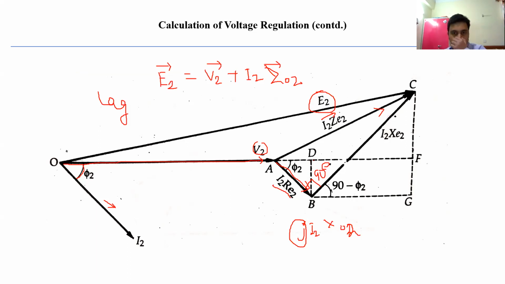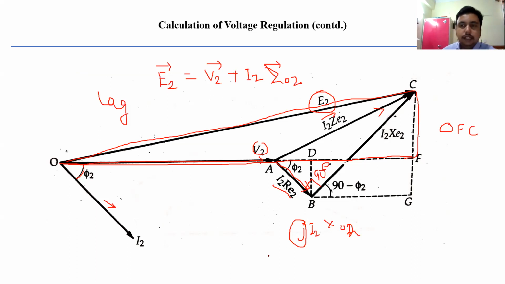So what you need to do here is basically get the magnitude of E2. From this triangle, the magnitude of E2 will be obtained from this particular right angle triangle. The right angle triangle which you must focus on is triangle O, F and C. From this particular triangle, you can get the value of E2. So you have a right angle triangle, and you can write